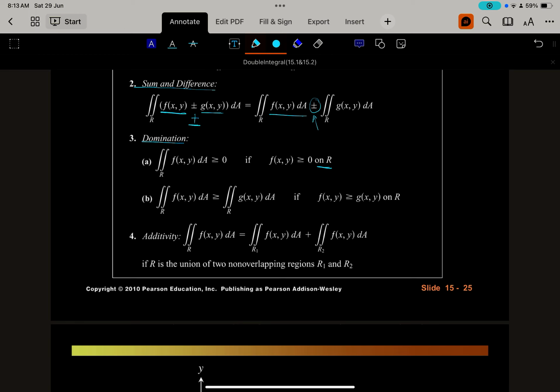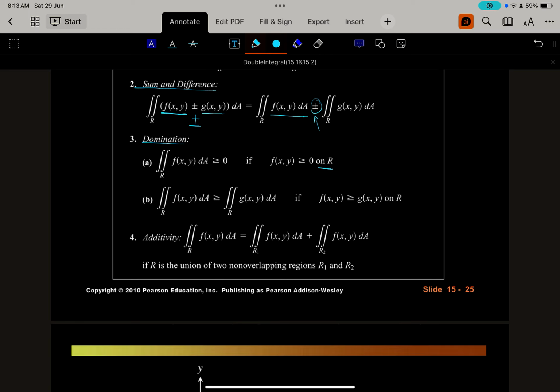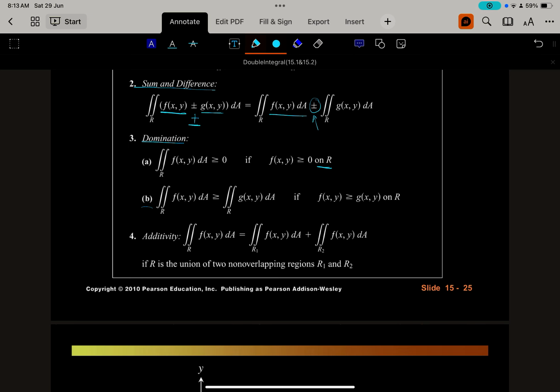And also this is another property, part B. The double integral of a multivariable function over dA is bigger than the double integral of another multivariable function if the first function is bigger than the second function on the region R. And then we have the property of additivity, which says that the double integral of f of x, y, a multivariable function,